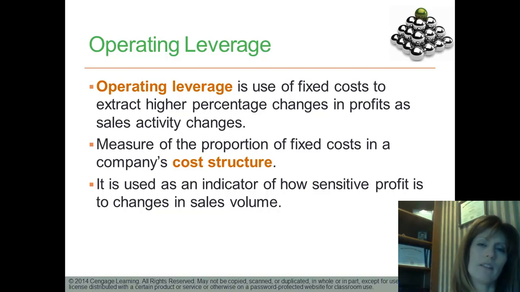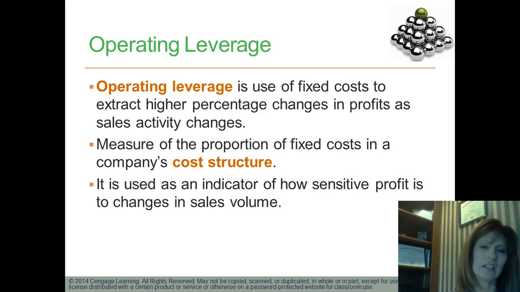So operating leverage refers to the proportion of fixed costs in the company's cost structure. So basically it's telling you how many of my costs don't change with volume and therefore I'm stuck with whether volume goes up or down. So just to put this as a visual in your mind, I think the ultimate fixed cost operation is an airline. Okay, so picture yourself on your Southwest flight down to Florida for the summer, and you head down south